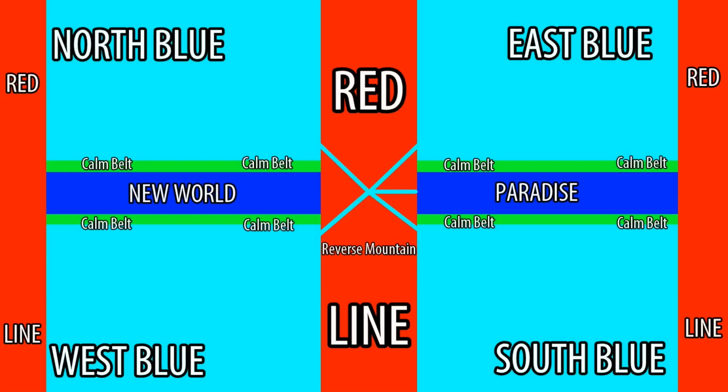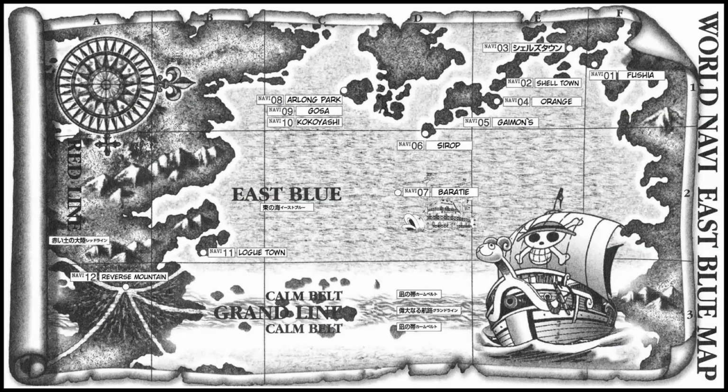Now, obviously, there's a shit ton of islands all strewn out across the 4 different seas and both halves of the Grand Line, but there's so many of those that I didn't bother including them on this map, but this is the basic layout of how the world is structured, okay? So before we get to the fun, which is the Grand Line, Paradise and the New World, let's just talk about the 4 seas. So, the story begins in the East Blue, and the East Blue is really the only